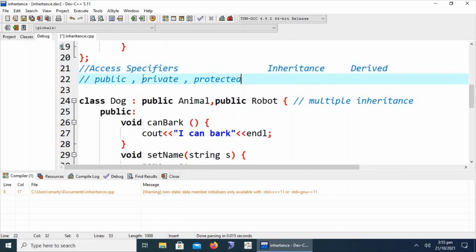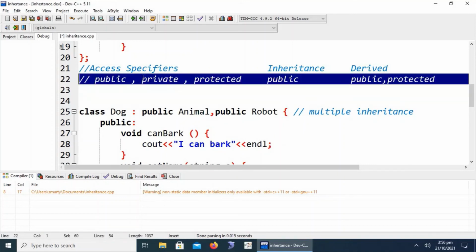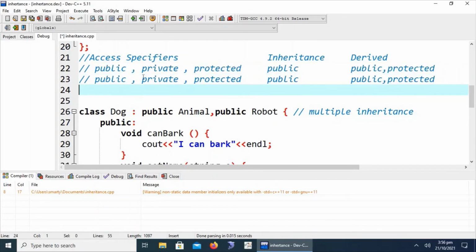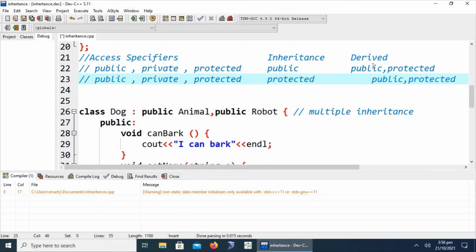If inheritance is public, then public will be public and protected will be protected. On the other hand, if the inheritance nature is protected, then public and protected will both be converted into protected.